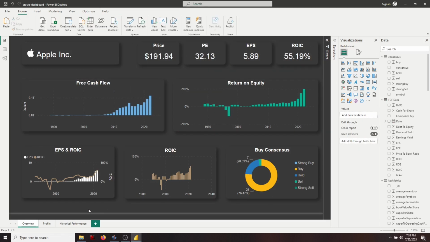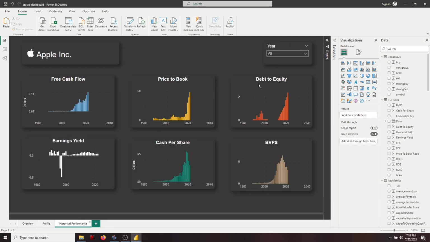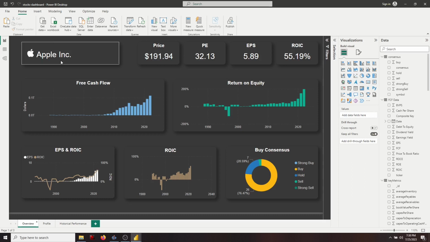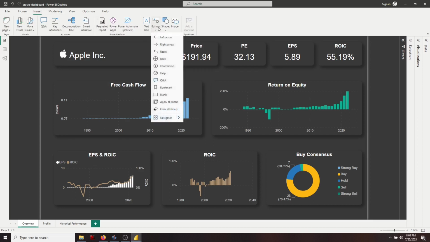Now we have all of the visuals formatted nicely on each page. So now what we need to do is create some bookmarks so that we can access our slicers on each page. In order for the bookmarks to act in a user-friendly manner, we have to add buttons to the report. So we have to go to the Insert tab on the ribbon and then just click Button and add a